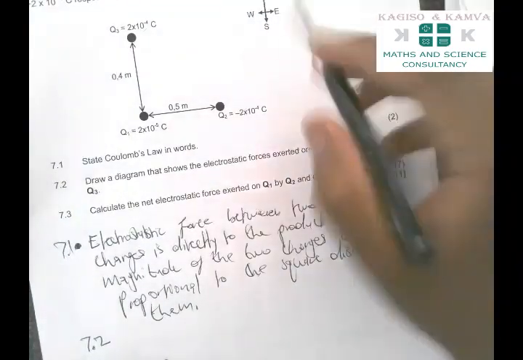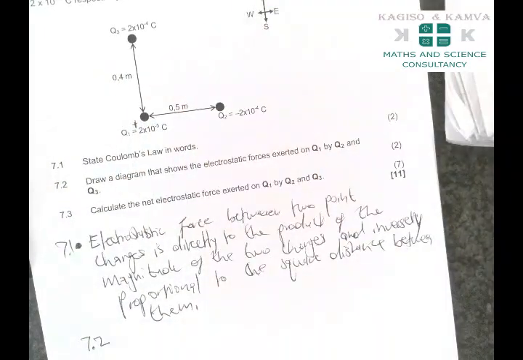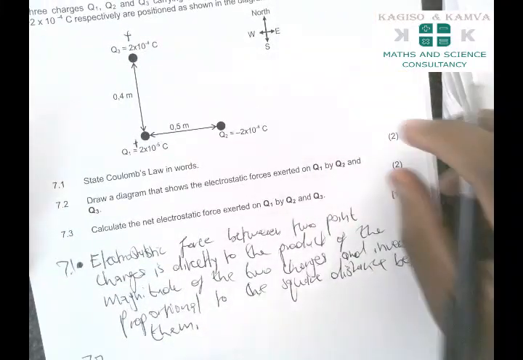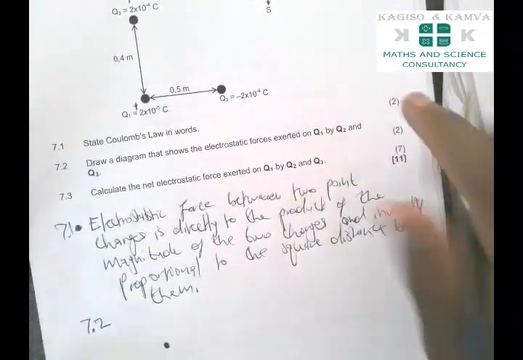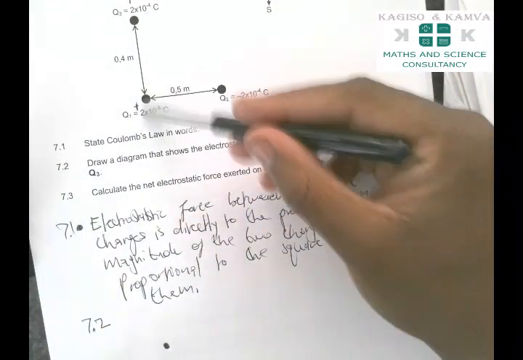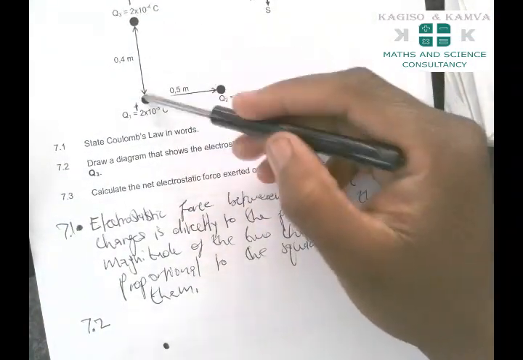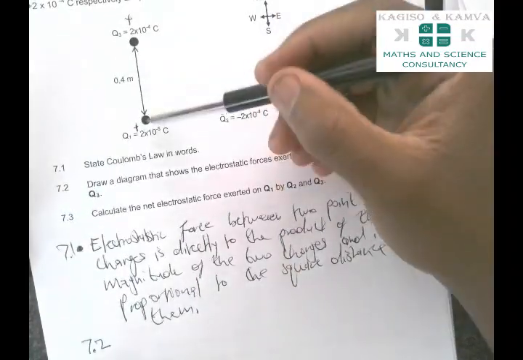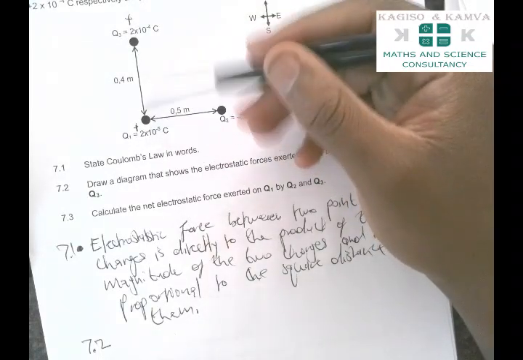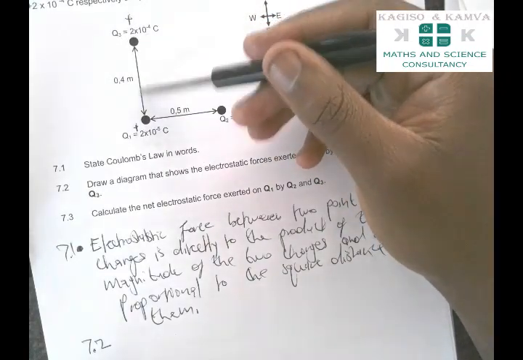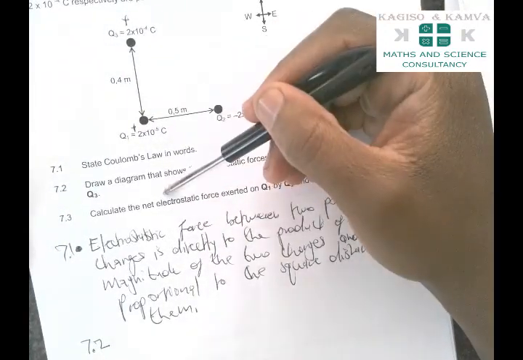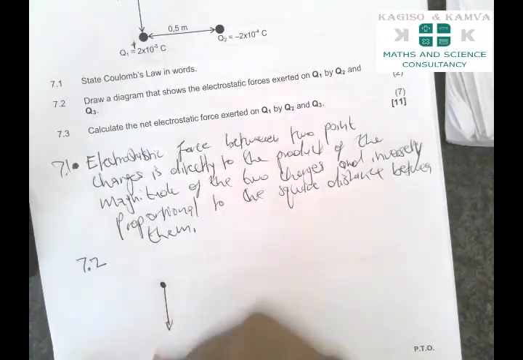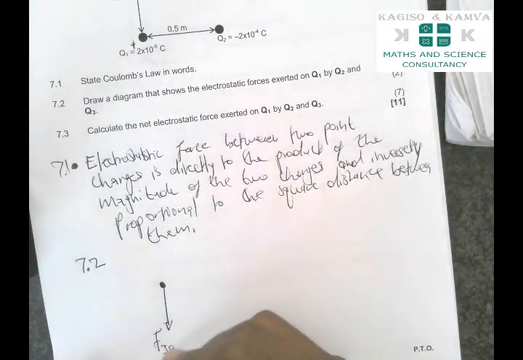Now Q1 is positively charged, and also Q3 is positively charged. Are we together? Now, drawing the free body diagram, where will Q1 move due to Q3? Downward, because the type of force that exists between Q1 and Q3 is repulsion. So Q1 will be pushed away from Q3, which is downward. Now we are going to have this force. What is this force? This is F3 on 1.